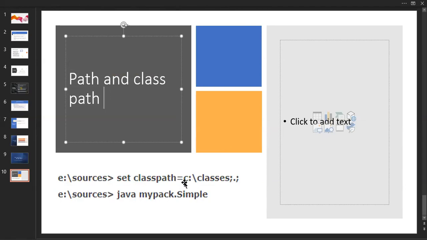Last class, we discussed how to create a package. After this, we are going to use access control. Previously we discussed access control: if you mention something like private, it is not possible to access it, because you are giving privacy to the method inside the package. So I already told you about that, and I want to show you that also.